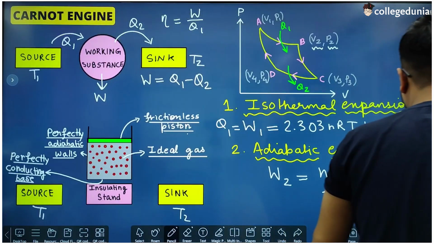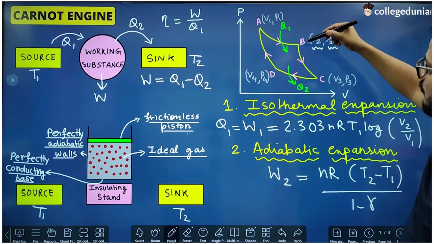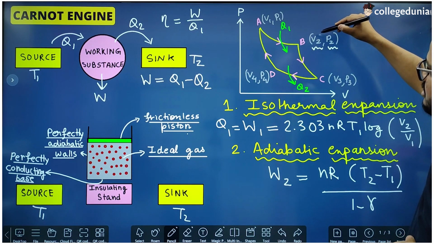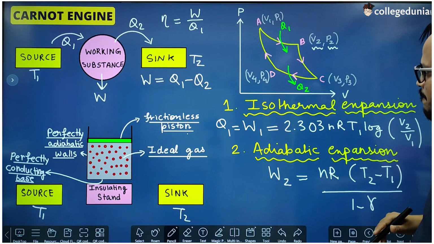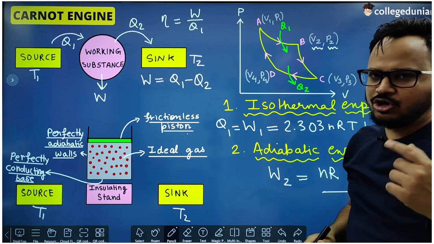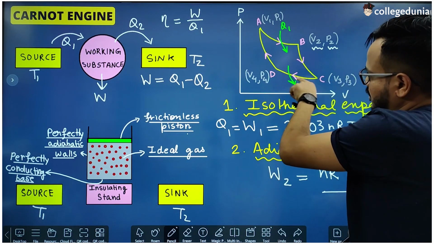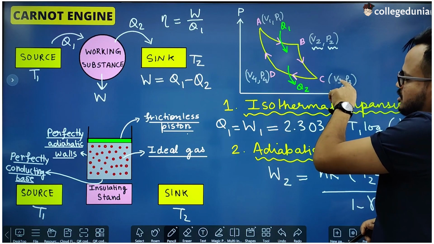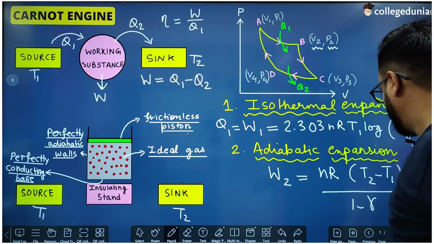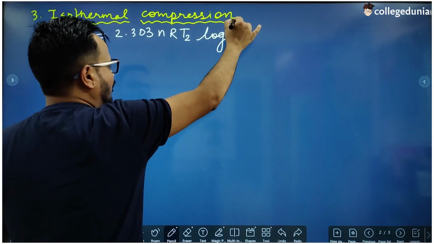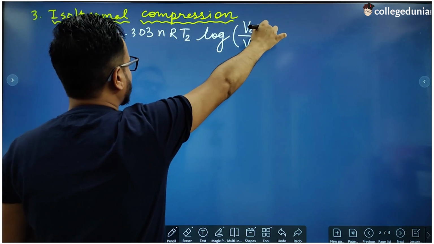Now let's come back again to this graph. The second process, adiabatic expansion, has this curve B to C when the volume changes from V2 to V3 and pressure changes from P2 to P3. Now third case is the compression, so the volume is going to decrease. So this is the third case, C to D, right? The graph of the third case is this, C to D, when the volume is changing from V3 to V4 and pressure is changing from P3 to P4. So final volume is V4 and initial volume is V3.